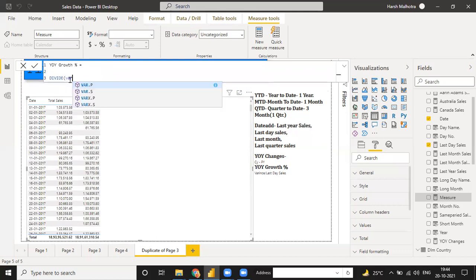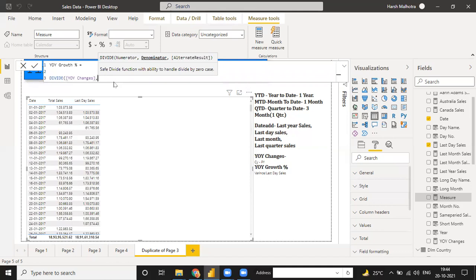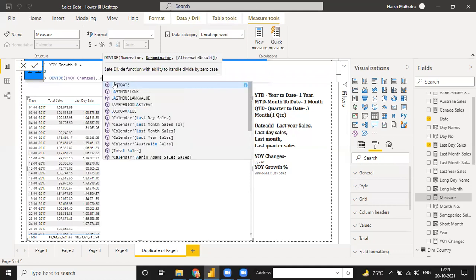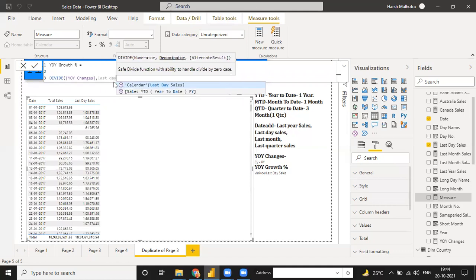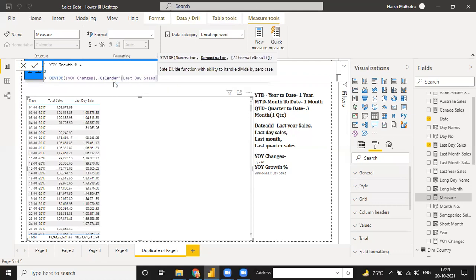Variance means you can just put YOY changes. Denominator is last day sales, and alternative result is 0 if your last day sales is 0, so that your value will be okay.